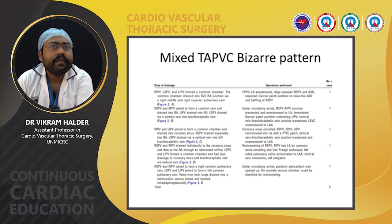Right superior pulmonary vein and right inferior pulmonary vein drain individually to the coronary sinus and then to the RA through an obstructed orifice, and the left superior pulmonary vein and left inferior pulmonary vein form a common chamber and have dual drainage to the coronary sinus and brachiocephalic vein via the vertical vein. In that case, rechanneling of the right superior and right inferior pulmonary veins into the LA by coronary sinus unroofing and the Van Praagh technique, followed by left-sided pulmonary vein rechanneling to the left atrial appendage,